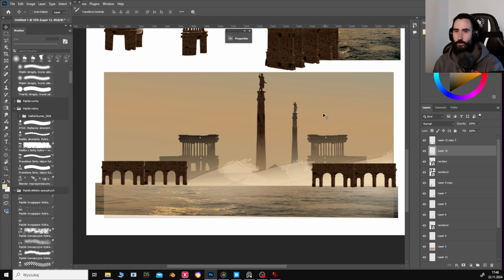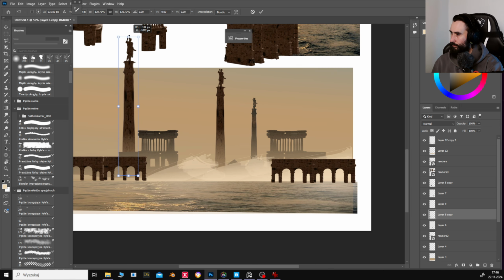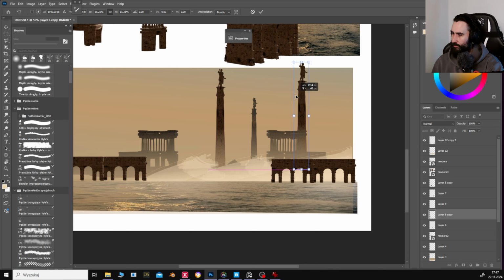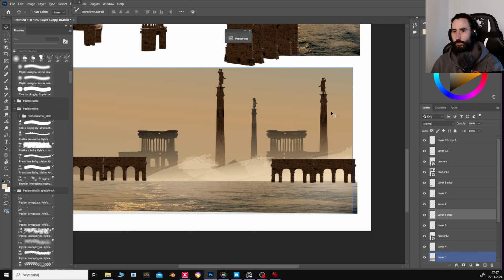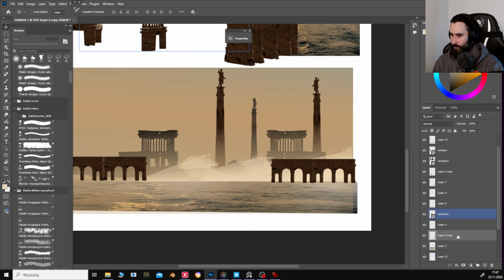We have these columns. Maybe we want another one, maybe more telephoto, but okay, let's add a third column here somewhere. Maybe let's go with it behind. We can use another clipping layer for our column to make it more behind